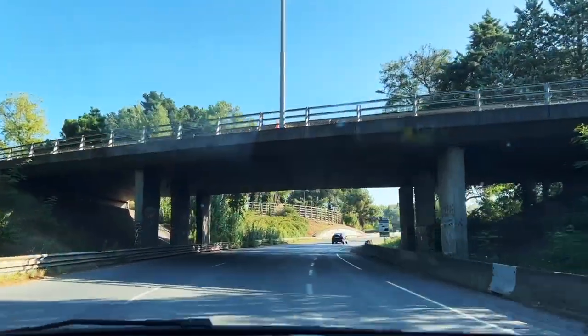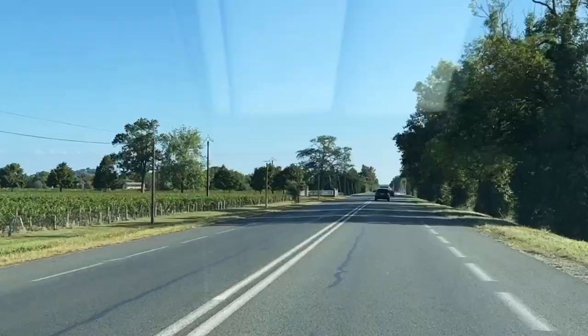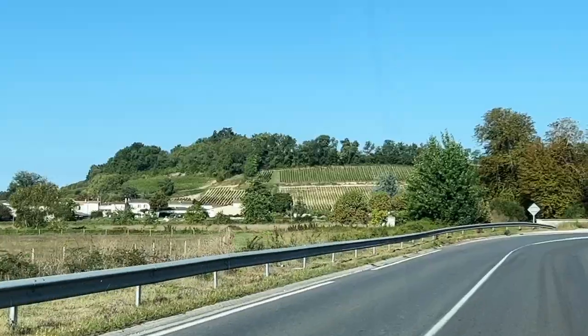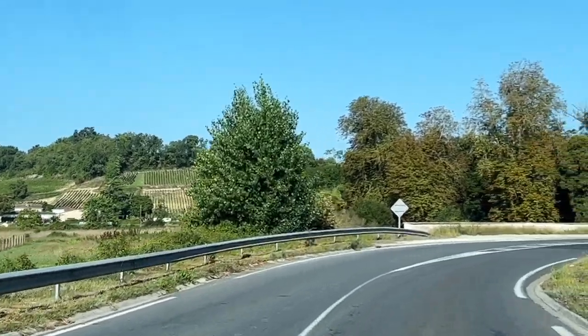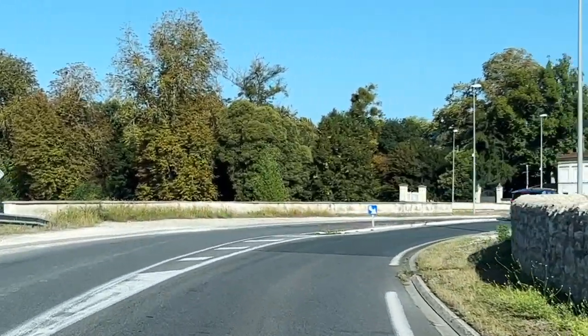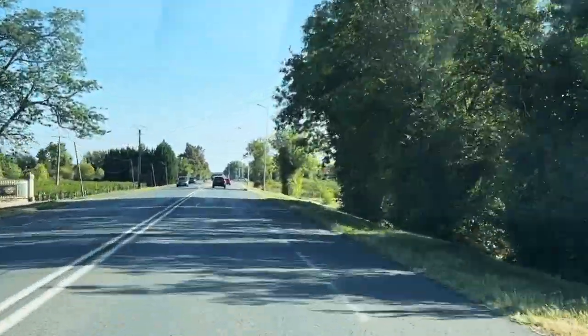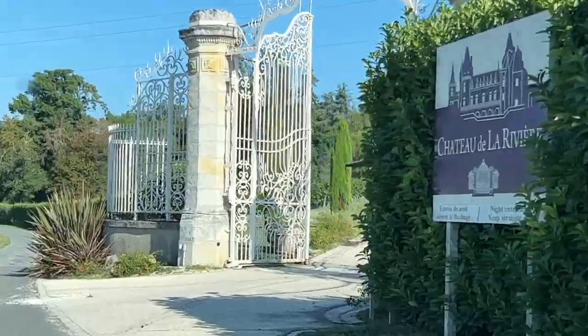I'm in Bordeaux, but you can't visit Bordeaux without going to the wine region, so I'm actually in Saint Emilion. Located about 45 minutes east of Bordeaux is where you'll find this wine region, also known as the right bank. This region is built on a limestone plateau, which affects the quality of wine, and it's good for its wine storage. We drove through the gorgeous French countryside, passing vineyards on all sides of us as we arrived at our